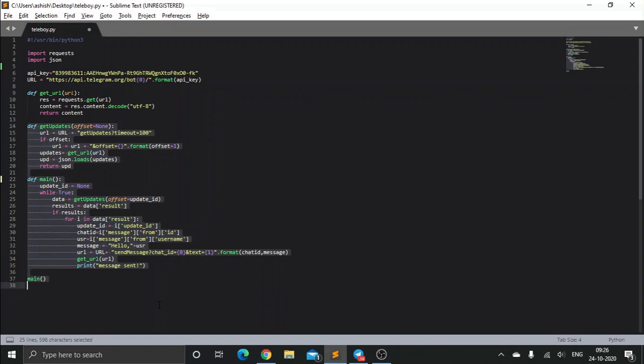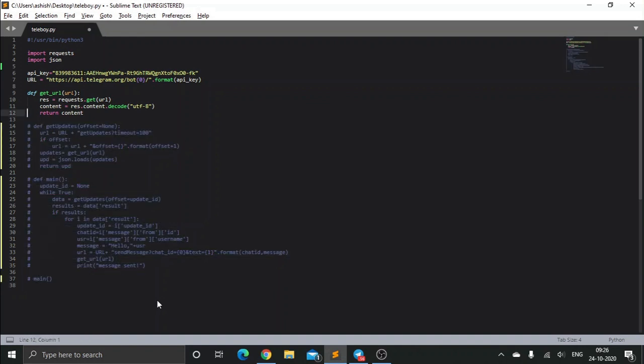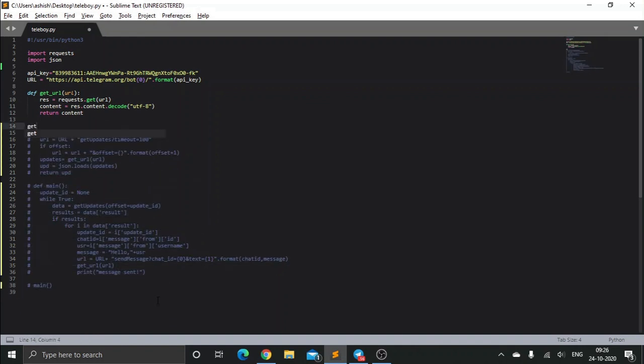Let's see an example of this. I'm going to comment all of this out and just call this function, and instead of this URL I'll be giving this URL, and let's say I'll do getMe. Let's see if this works.